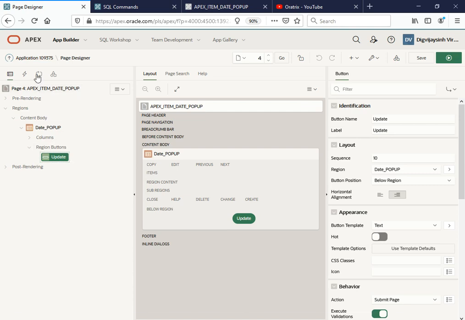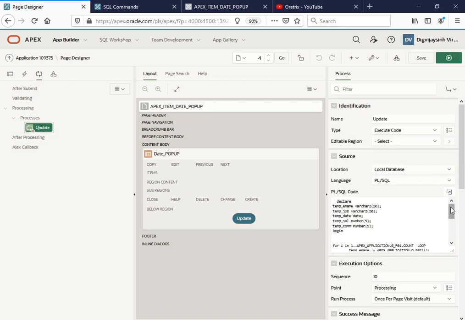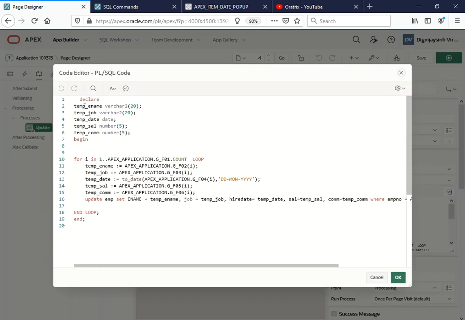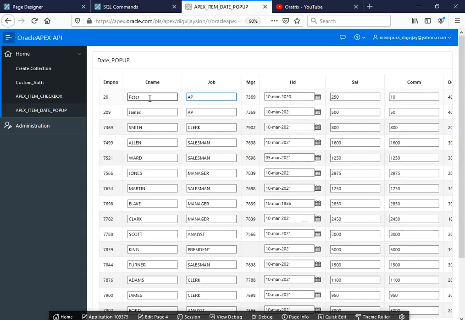And on this Update button press, I want to have a process. Let me show you what I've done as far as the process is concerned. See, what we want is, whenever any user changes anything over here, we need to store it in the database or in a temporary variable.